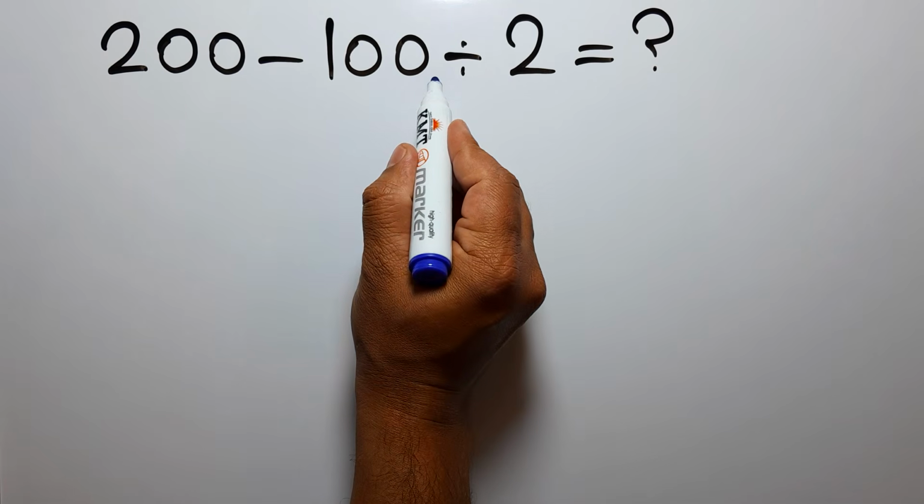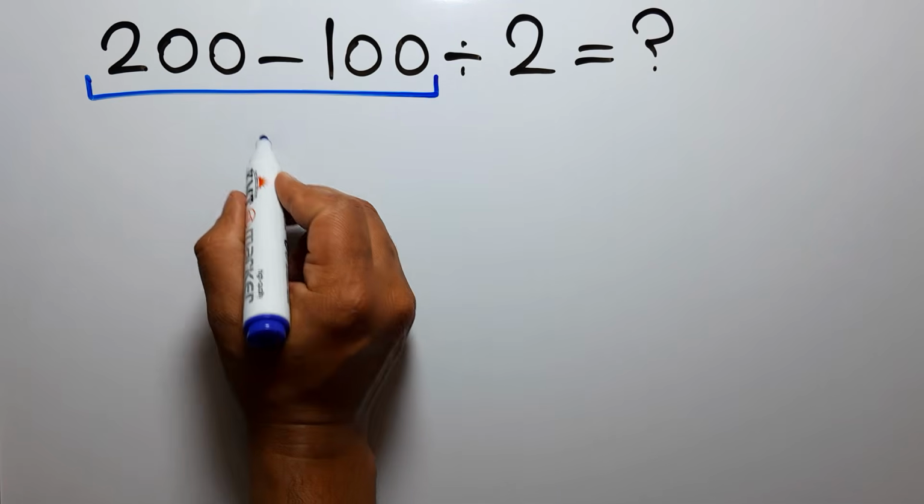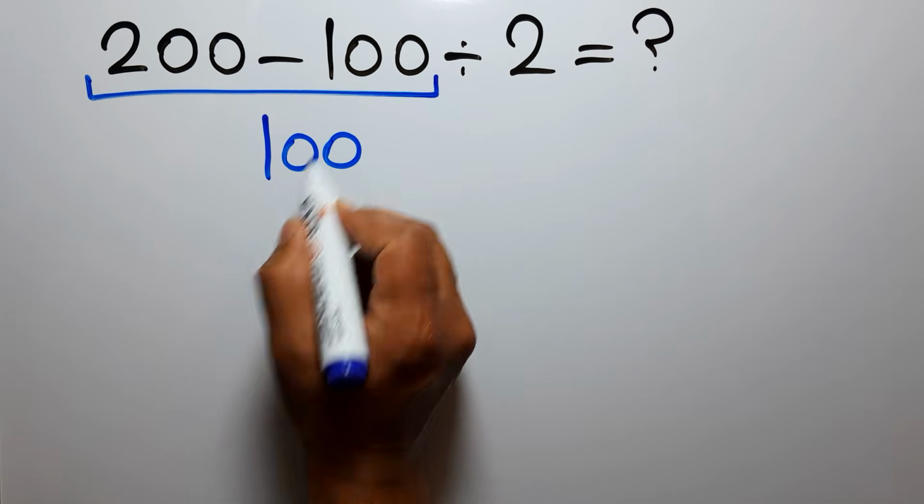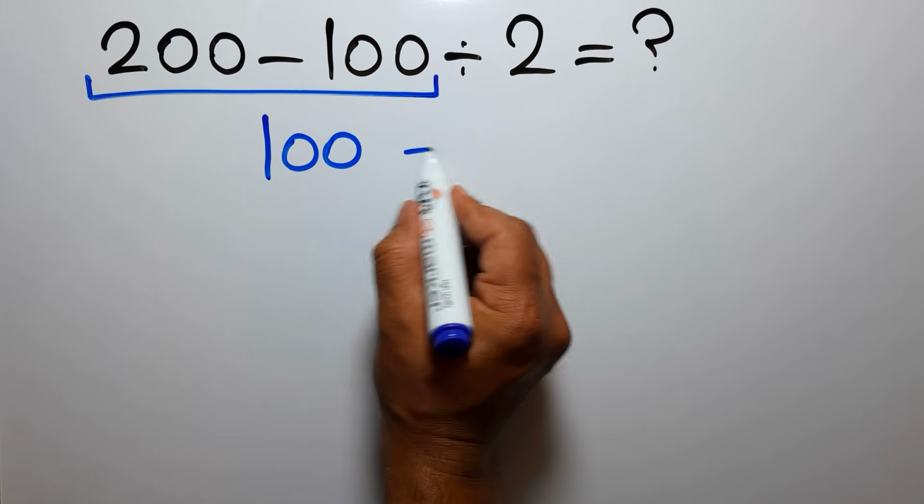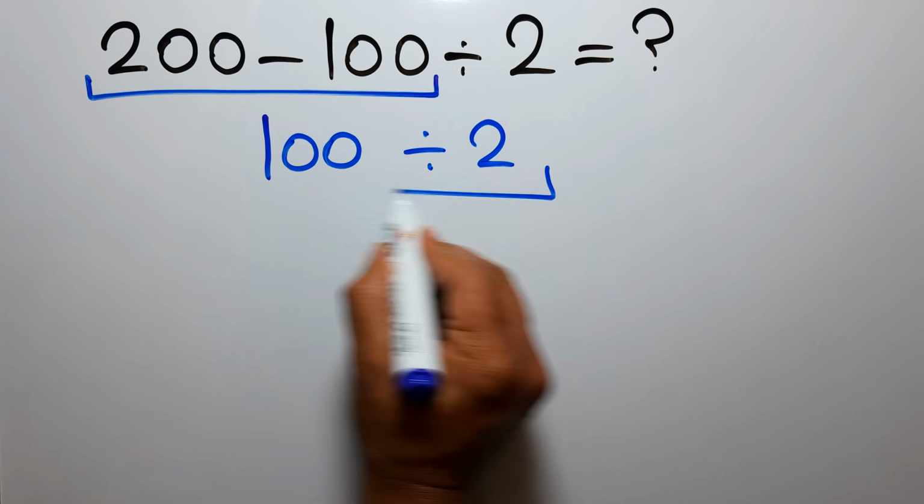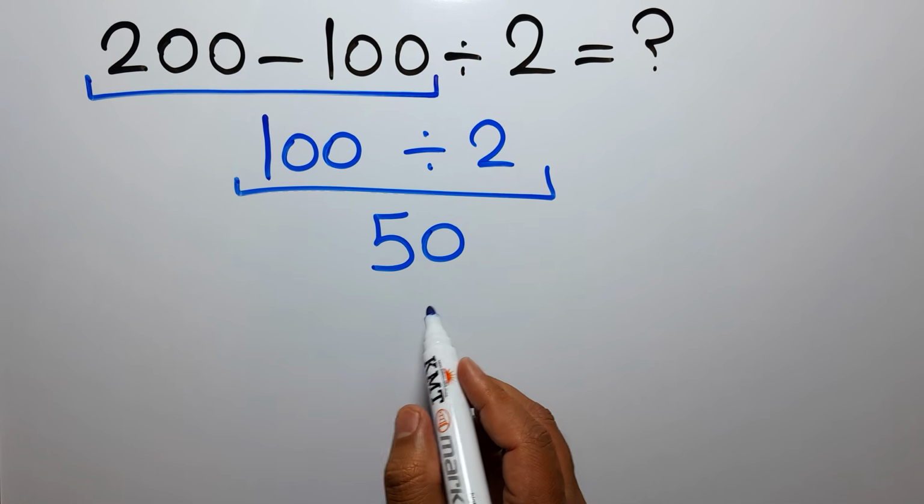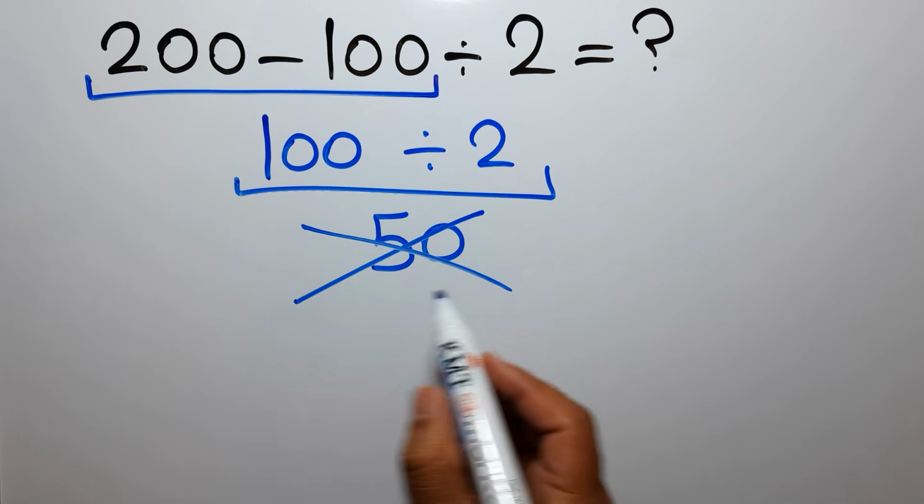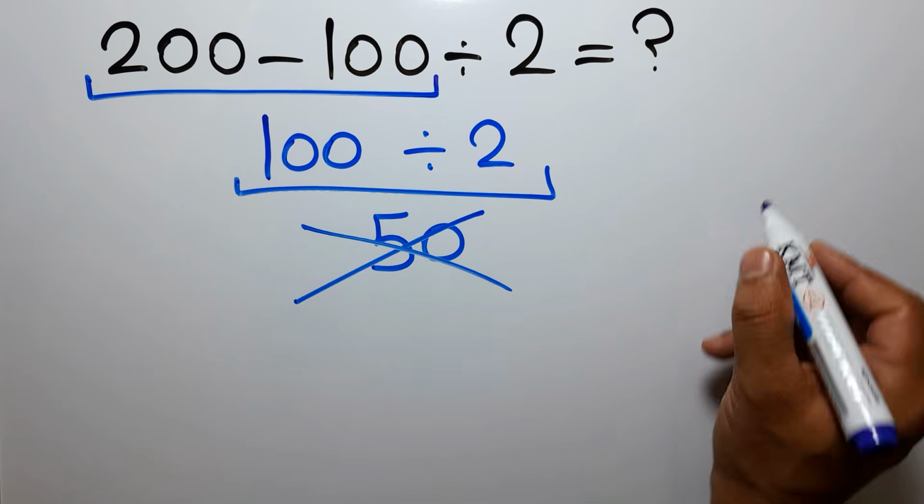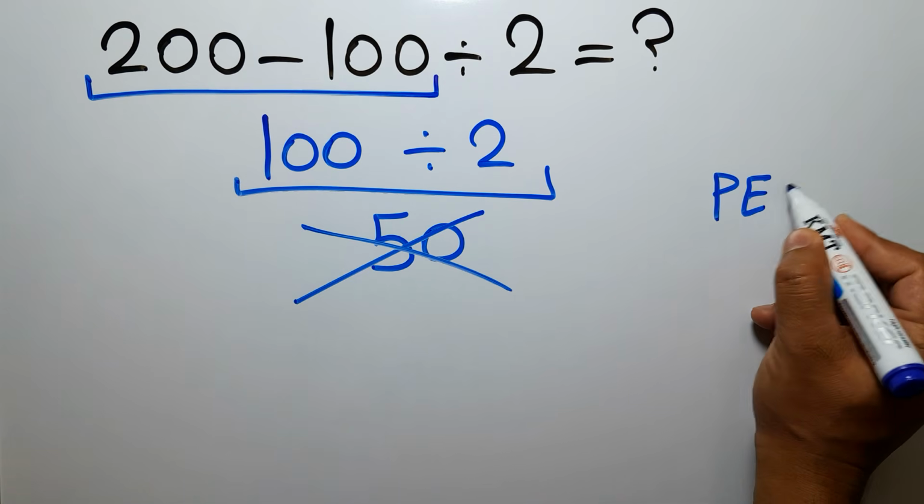200 minus 100 gives us 100. So we have 100 divided by 2, which equals 50. But this answer is not correct, because according to the order of operations, which is PEMDAS,